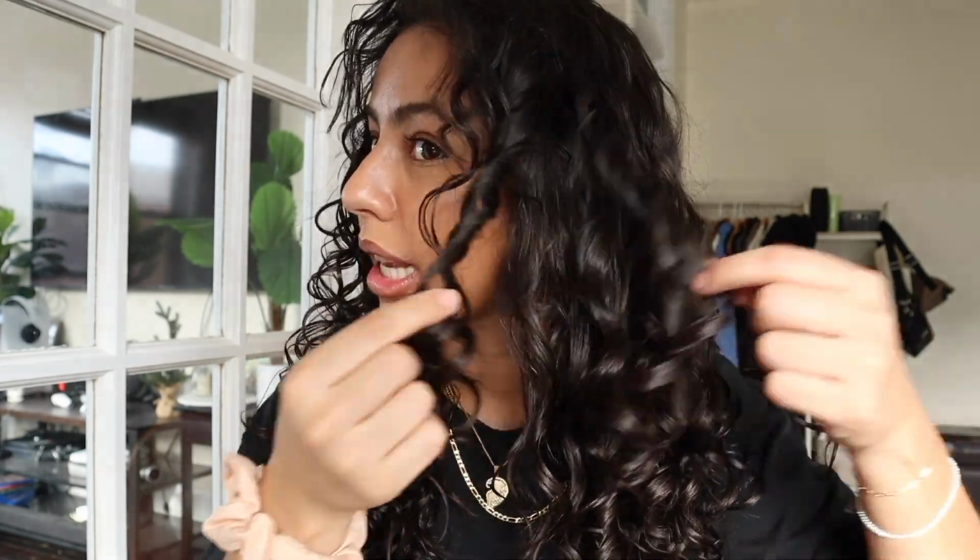So these are my results for today. I really like them. I am pleased, and I was able to do exactly what I wanted, which was re-clump these little curls so that it looks a bit more defined and polished instead of puffy and loosey wavy. And how I explained at the beginning of the clip, this refresh is done after having a wash day